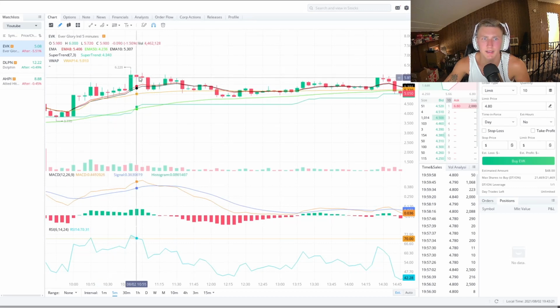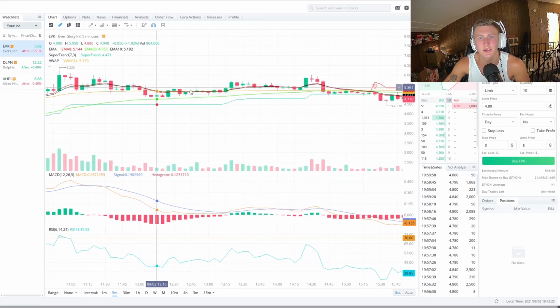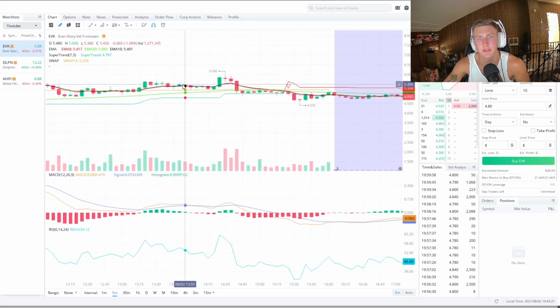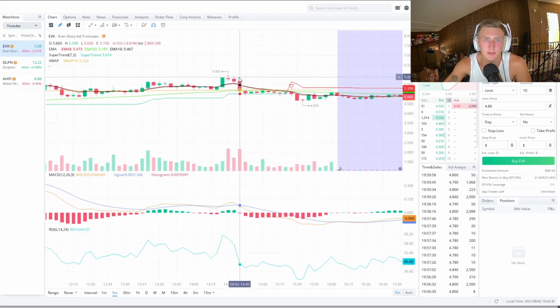So after that, it just kind of chilled. And like I said, I just didn't trust this news from the start, so I just never traded again. I just didn't trust it. Of course, here it touched the VWAP and then it broke out again to 6, but I just couldn't trust this news. And so once it hit this psychological resistance number of 6, it just decided to flush back down,